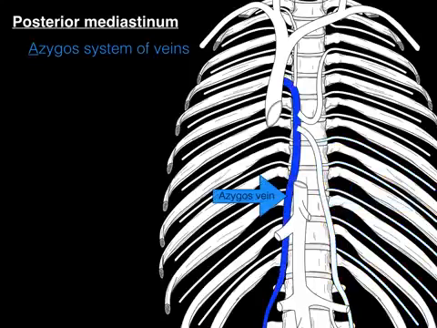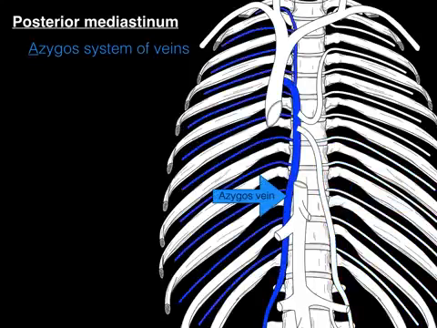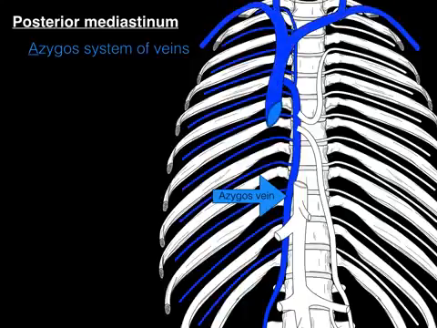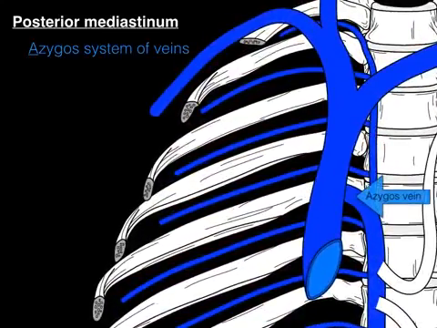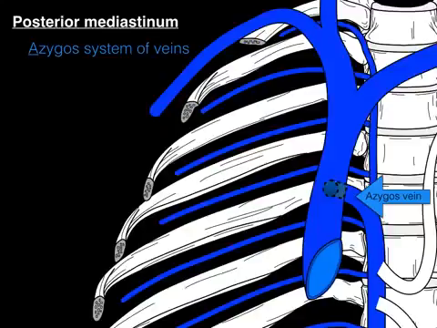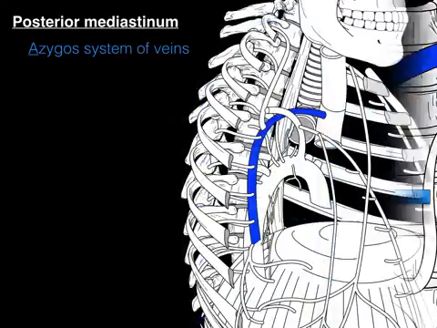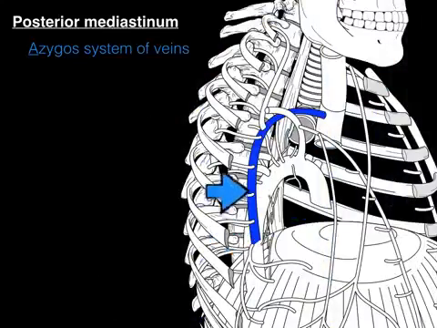And then there's our azygous vein, which drains all the posterior intercostals from the right side of the abdominal and thoracic cavities. And then the azygous system of veins ultimately drains into the superior vena cava. So there's our azygous vein, and then it goes into the back side of the superior vena cava where it drains into that SVC. Let's do this again from a lateral view, where there's our azygos vein as it courses all